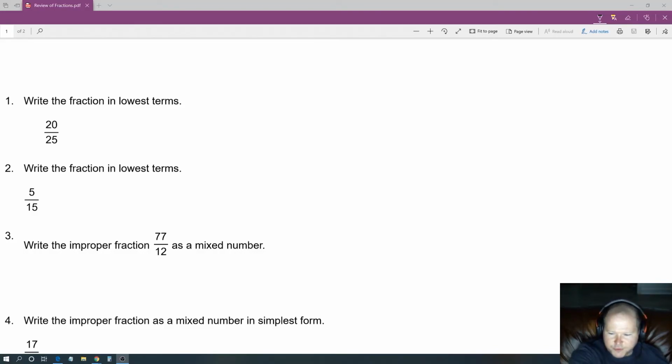We're going to go over a review of fractions. Okay, so there are two ways that we can reduce this. One is we can find something called the greatest common factor. Basically, that would be the largest number that we can divide into both 20 and